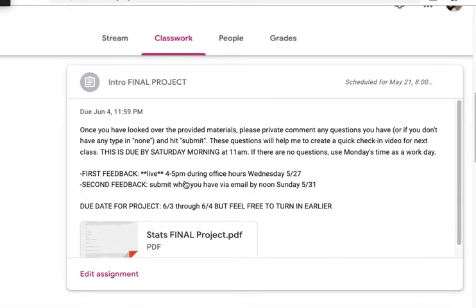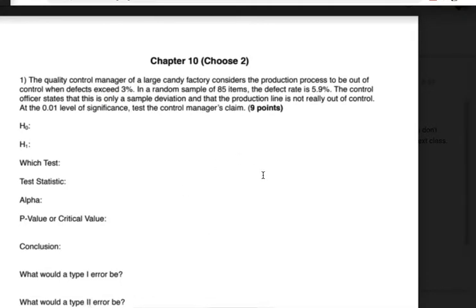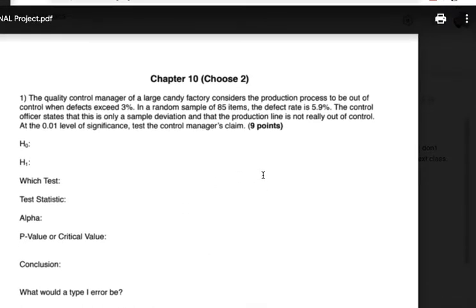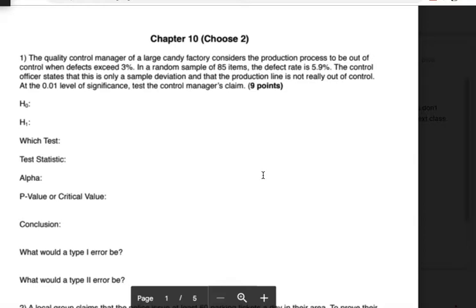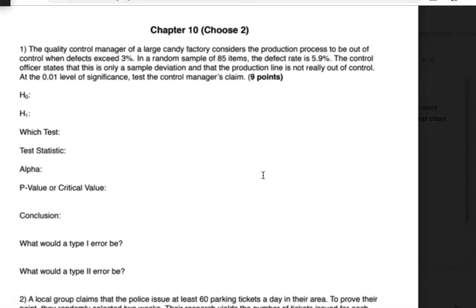So let's take a second and start by looking at what this final project is going to be. I will let you folks know this final project is literally a gift. Originally, the final project was going to be another survey one where you pick a couple graphs. You actually have to do sampling and ask people a question again. You'd have to do some of the general descriptive statistics that we learned in the first half of the year, but you'd also have to add in the inferential statistics,